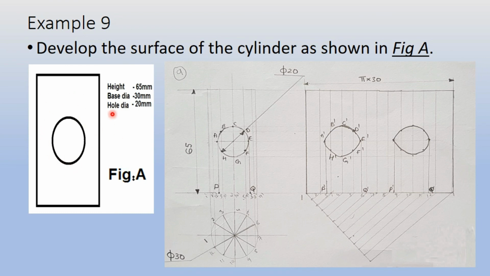If a cylinder is having a hole inside, when you develop the surface, it will be two ellipses, because if this hole is visible from this side and this is a through hole, so if this is visible from the front, from the back also one more hole will be visible. So that would form an ellipse-like shape because this is a cylinder, and you can see the final surface developed here.